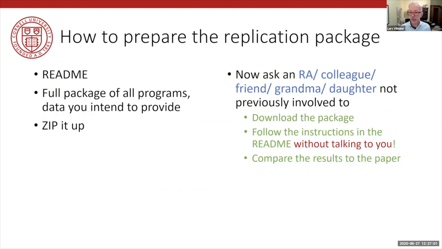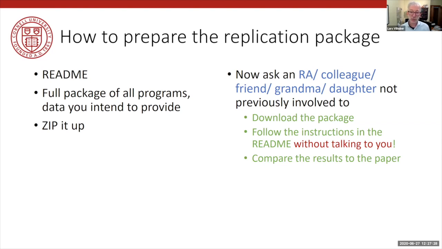So how to prepare a replication package that actually ticks all those boxes? Write the README, construct the full package of all programs, zip it up. First, do it yourself, throw it into a different location on your directory. Go to a different computer you might have sitting around or something like that and try and run it from there. Then ask somebody else to run the program and download the package that you provide them with,